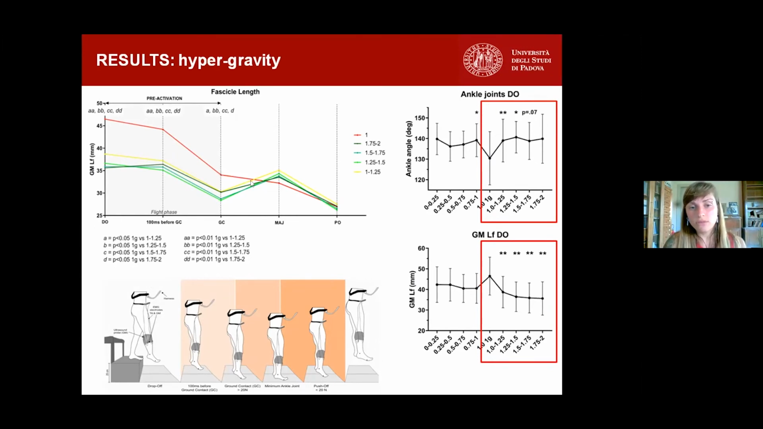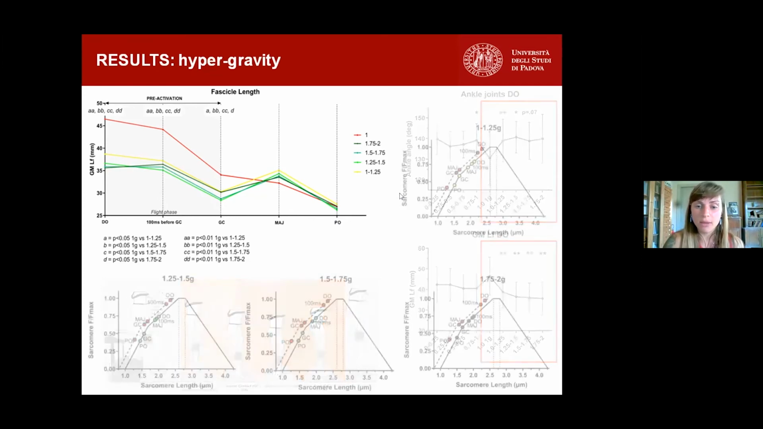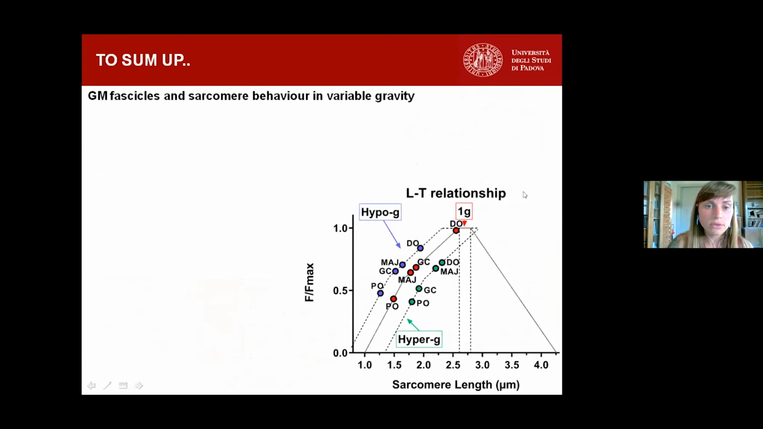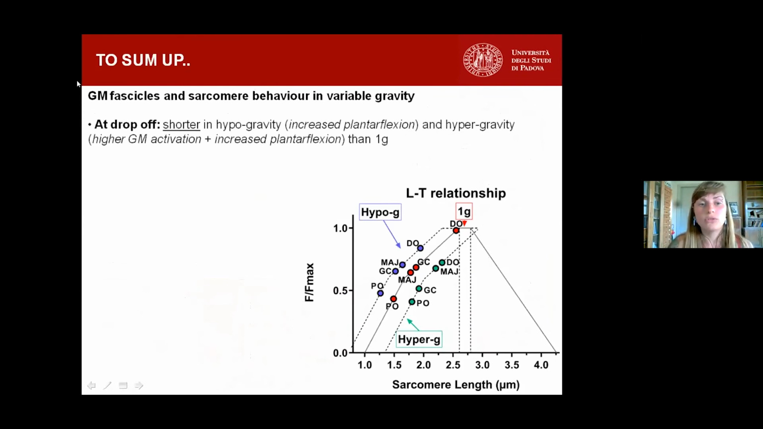And the quasi-isometric phase was again substituted by a significant stretching. But once again, we observed that at push-off, fascicle length were similar between hypergravity and 1G. And this was observable again also in our sarcomere operative length. So to briefly sum up, what we observed was that at drop-off, we saw a shorter fascicle length and sarcomere length,